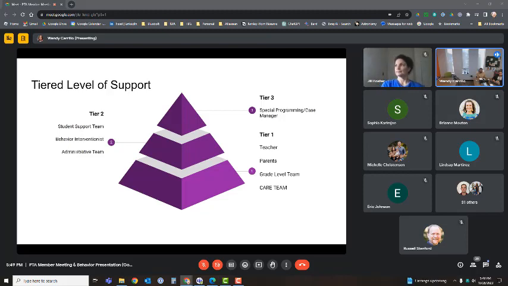This is what the concern is. And then as a team, the support team is made up of the teacher. It could be a counselor, a social worker, or a behavior interventionist, and also the parent. And as a team, we sit and we discuss what are the behaviors or concerns